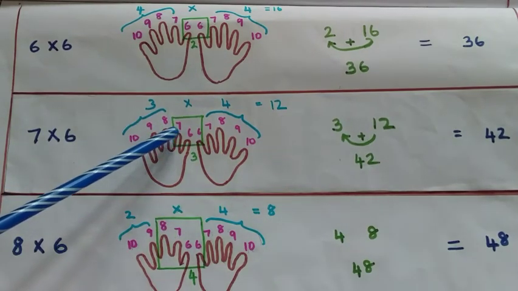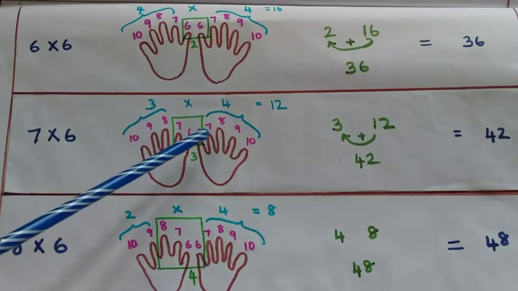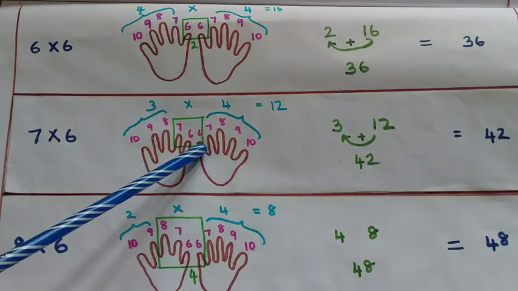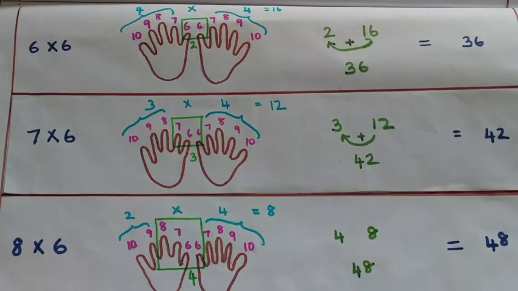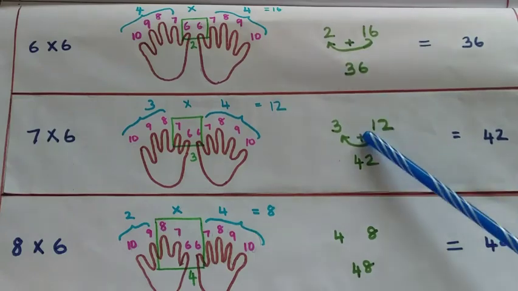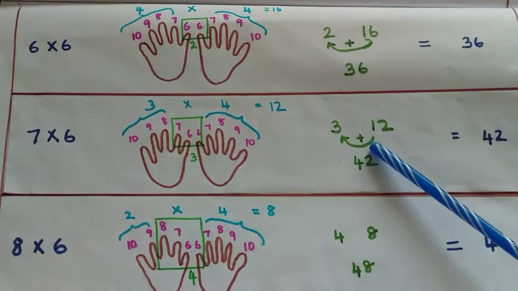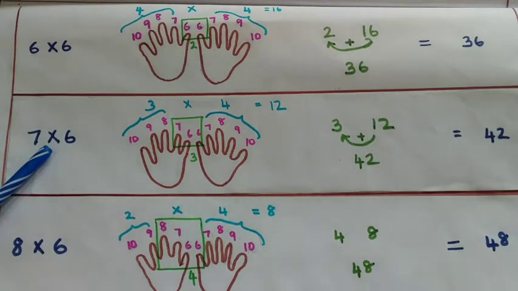And then find the number of fingers that are on the other side of the 7th finger, which is 3, and you need to find the number of fingers that are on the other side of the 6th finger in your right hand, which is 4, and you need to multiply those 2 numbers. You get 12, and since 12 is a 2-digit number, you need to carry over this 1 to this 3 to get the result 42, which becomes the result of 7 into 6. The next one is